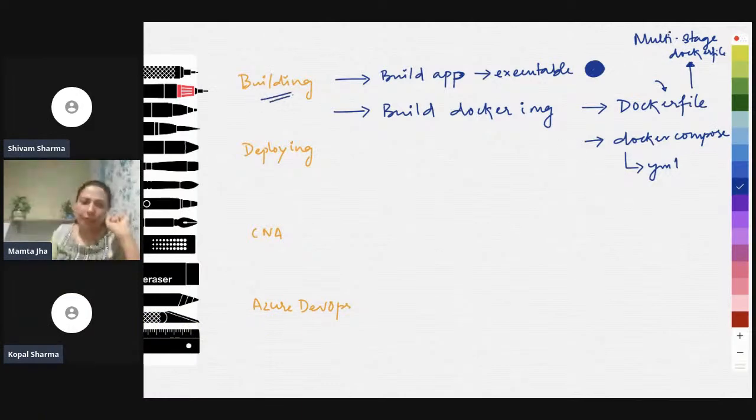So when we say building, in our case, building is two. If it is a non-containerized application, then there is only one type of build which we can have. But in case it is a containerized application, then there are two different types of build which we can do. One would be the build of your application, and the other would be the build of your container image.